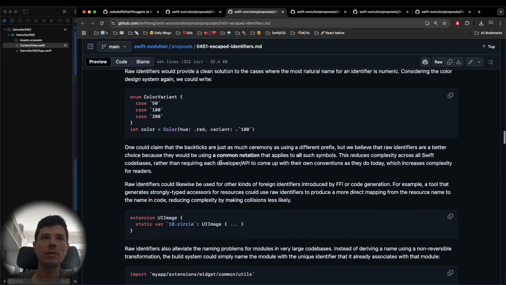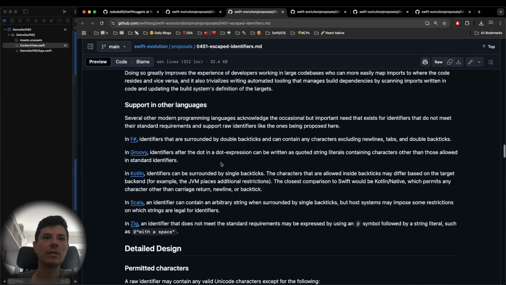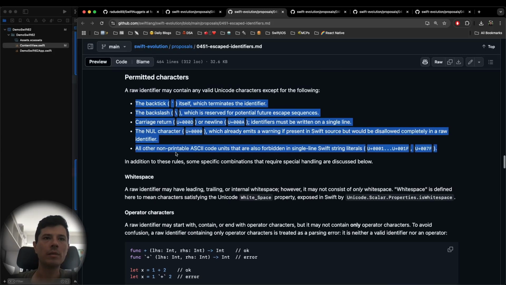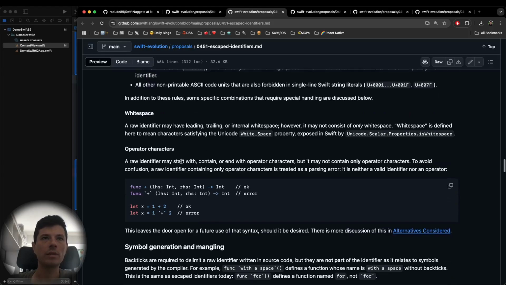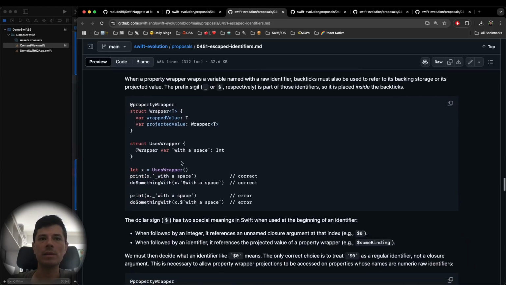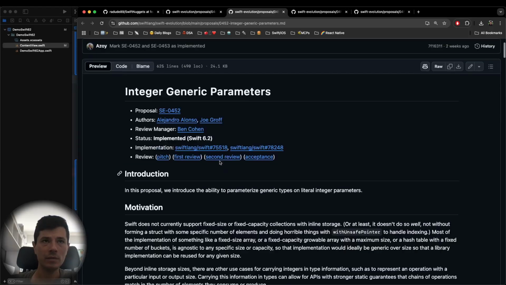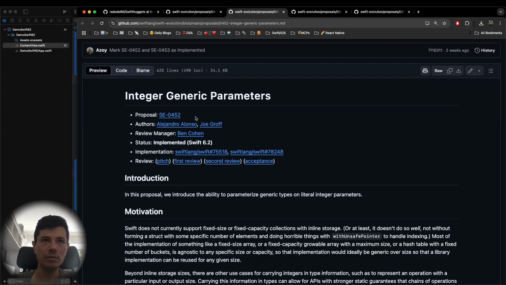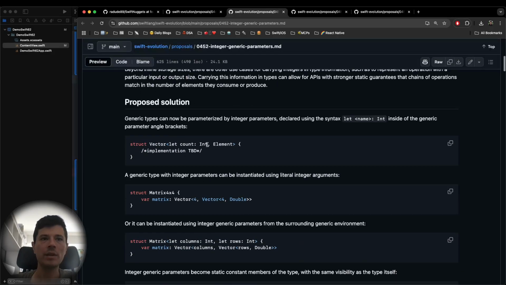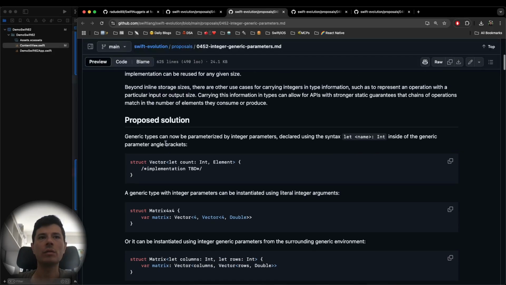You could put cases with integers and so on. I won't go into details. If you want to check the escaped identifiers, please check it from the previous episode. Cool. At 452, integer generic parameters, you could